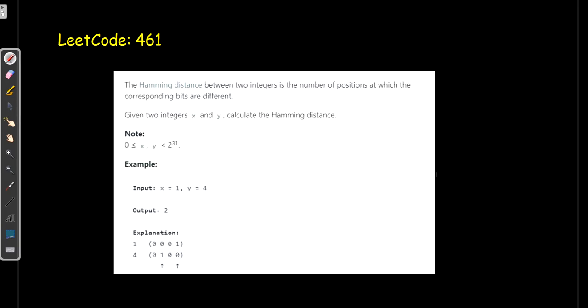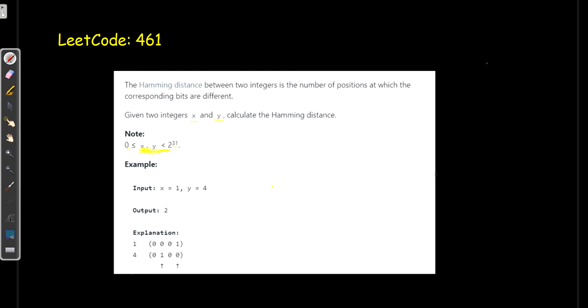Now comes our question. In LeetCode 461, the Hamming distance between two integers is the number of positions at which the corresponding bits are different. So here we have x and y. We need to calculate the Hamming distance, where x and y lie between 0 and 2 to the power 31.